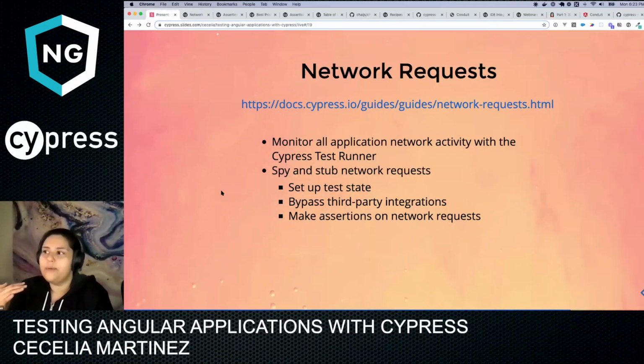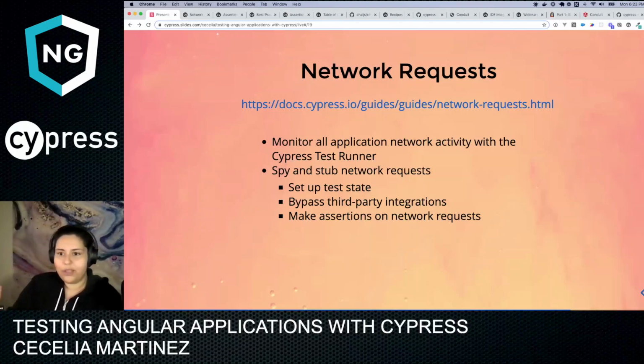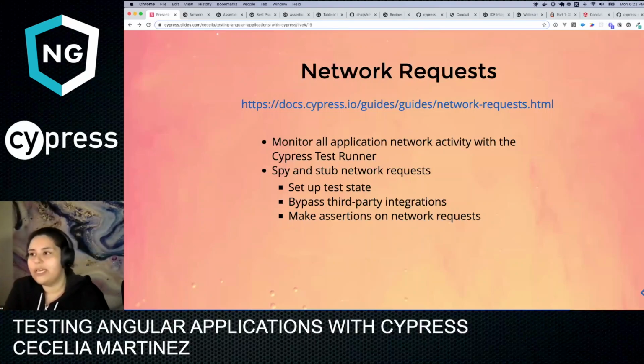What the Cypress route or the Cypress server functionality does is, whenever you run your cy.server command, you're saying, hey Cypress, I want you to keep an eye on the network requests, and I'm going to tell you some things that I want you to keep an eye on specifically. So it allows us to spy and stub network requests for a variety of different functions. The use case that we're going to be looking at today is waiting for